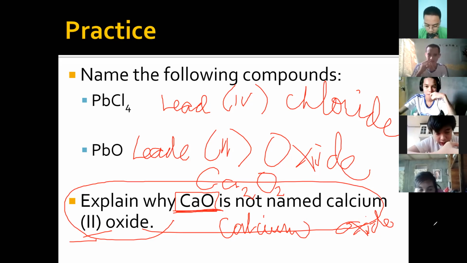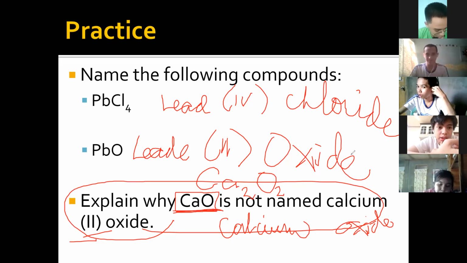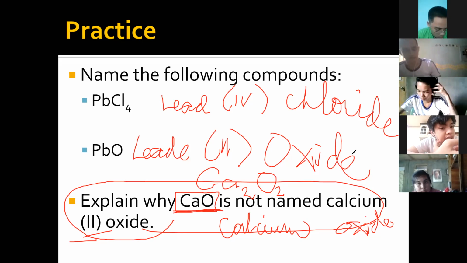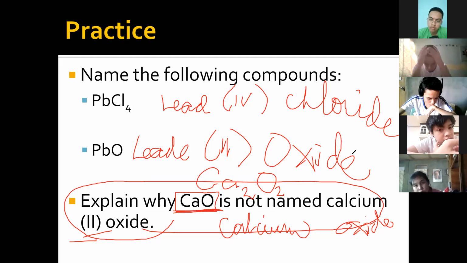My idea is that because calcium only has one charge or ionization. And that is the explanation there. You notice in the periodic table, thank you, Robertson, for giving me the correct answer. Calcium only has one charge, which is +2. So you need not name it with the Roman numeral. It's just calcium oxide. So as with sodium, potassium, what else?